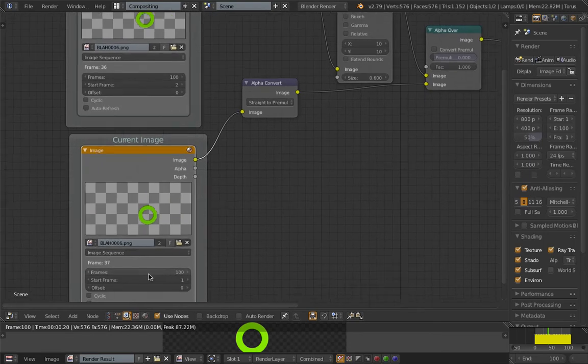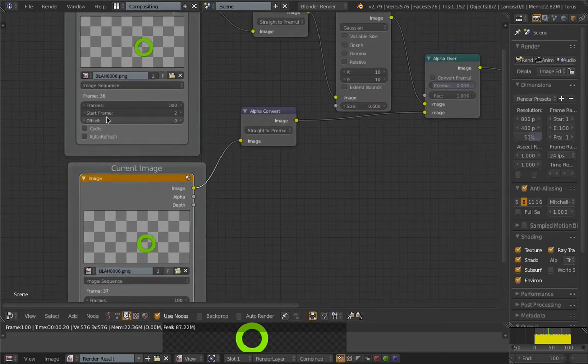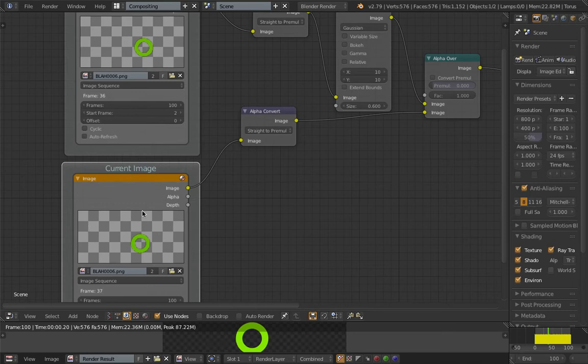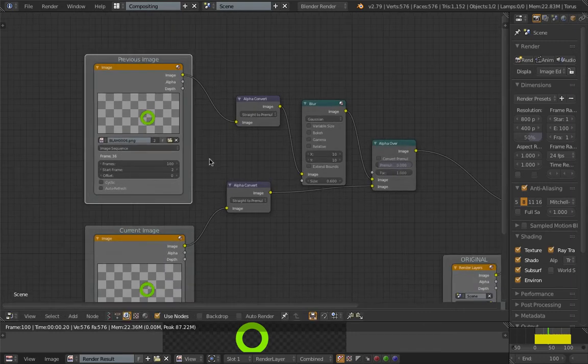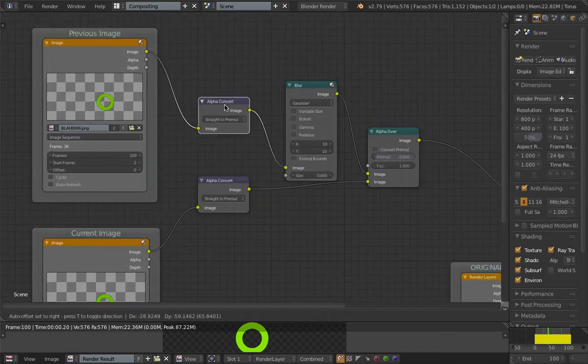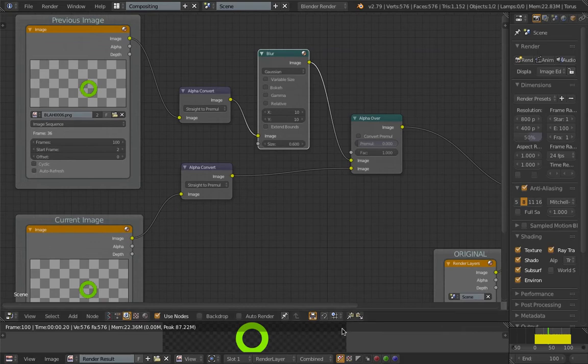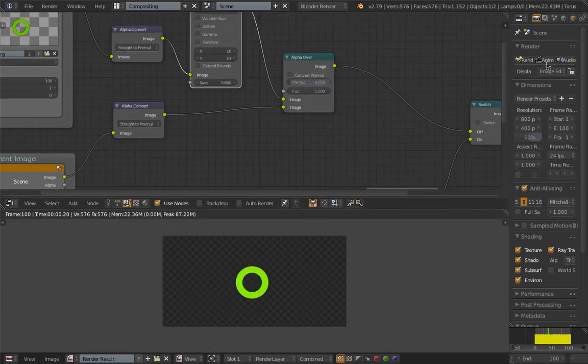This one starts with frame 1, while this one starts with frame 2. So this is going to be the current image being processed, and this is going to be the previous image. It's a bit tricky to understand, but anyhow, if I just render it now,